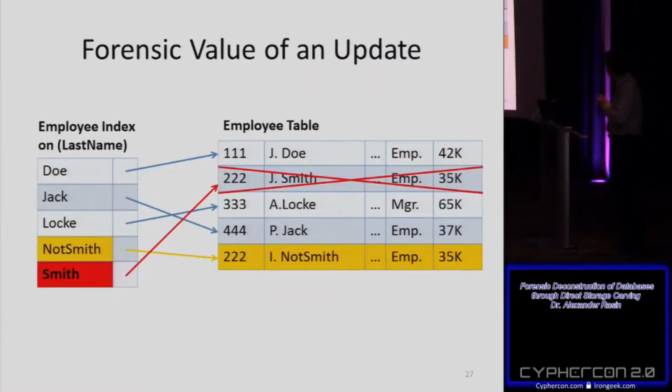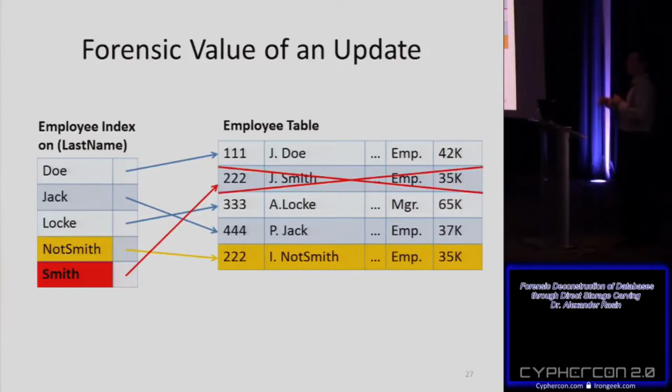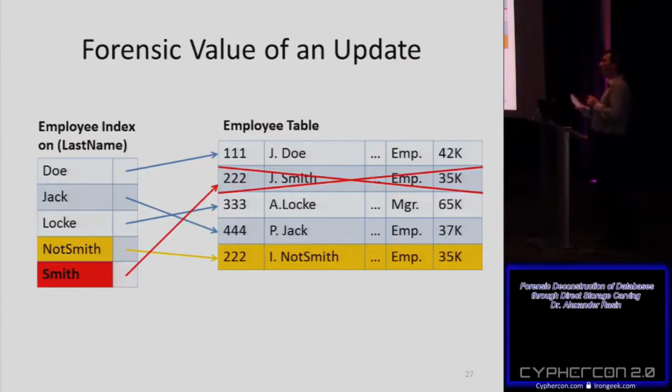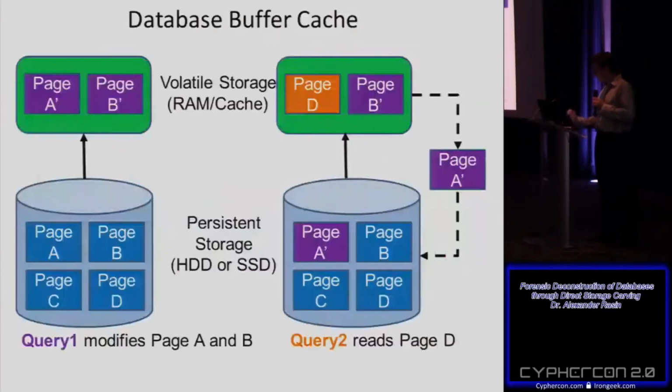So to give some more idea of the kind of stuff you can see in storage, again, remember table on the right, index on the left. So if you update something, the old value is deleted, the new value is inserted, and then of course index and other structures would keep their own copy. So the old value is there and the new value is there, and nothing changes. And one more thing about caching,